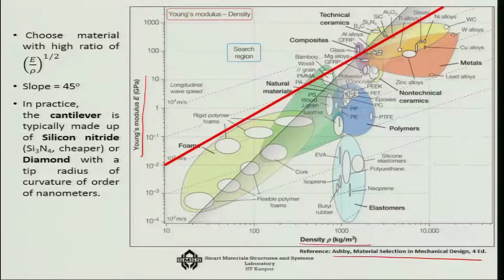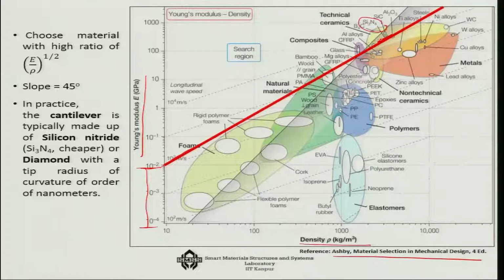This is the line for E by rho equals 1, subject to the initial values of our own choice. We will see what materials we can get. We can either get something like silicon nitrides etc., those which are above this level, or something like